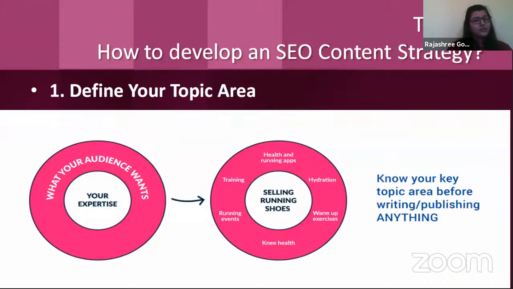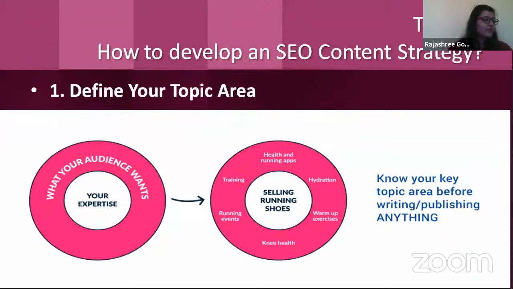Beginners often simply start with keyword research, but when we start with keyword research, many chaotic things may happen. So therefore you just start with a defined topic area. You just decide one topic that you want to write about, and then start keyword research. This topic area will guide your audience research, keyword research, and SEO content creation, and together this will put you in a position where you can create better content.